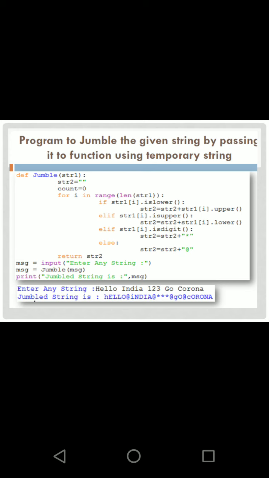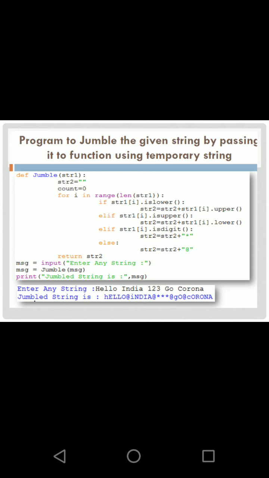So the message is given to the function jumble, and it is copied as str1, and another string str2 is created there. The jumbled message means the flipped values: uppercase characters are converted to lowercase, and lowercase characters are converted to uppercase, and it is stored in string 2.